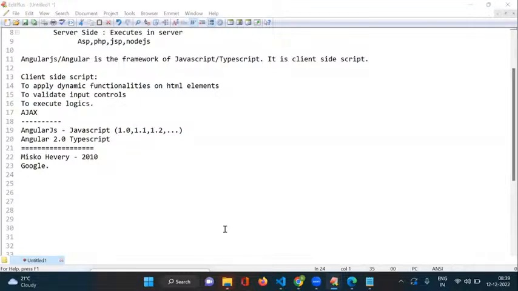Here we are developing the mini application, not the real-time project. The real-time project is a separate batch. So we are developing the mini application with these concepts. And moreover, if you want to attend the real-time project, you should definitely have an idea of these concepts. Okay, so here